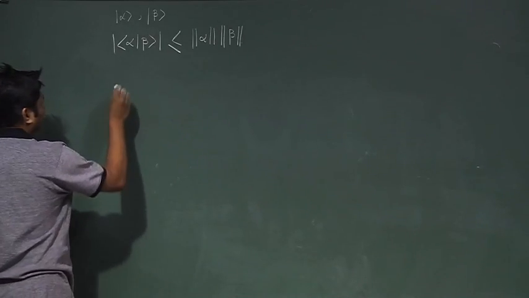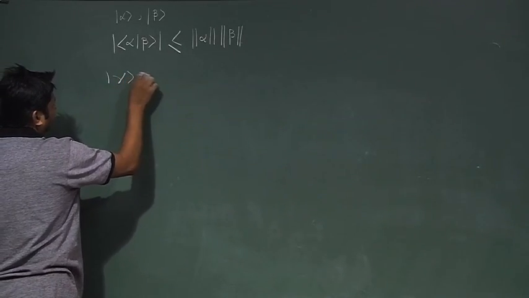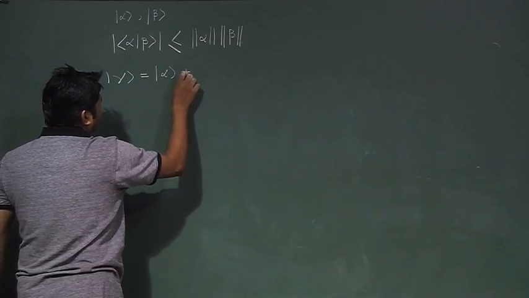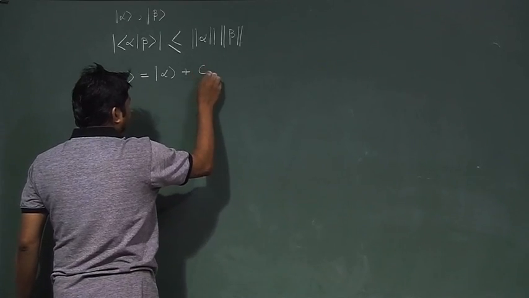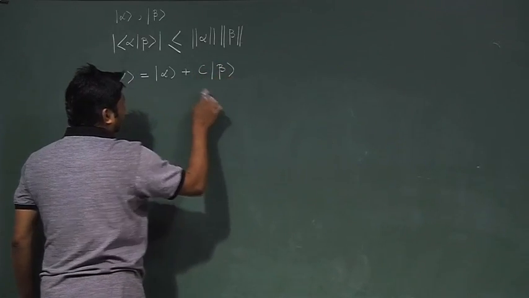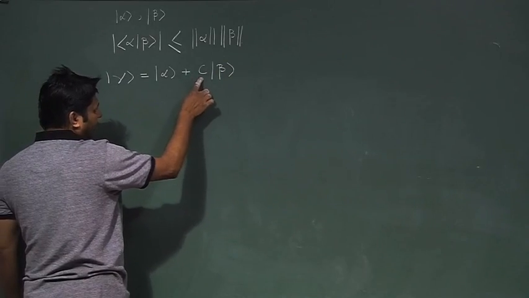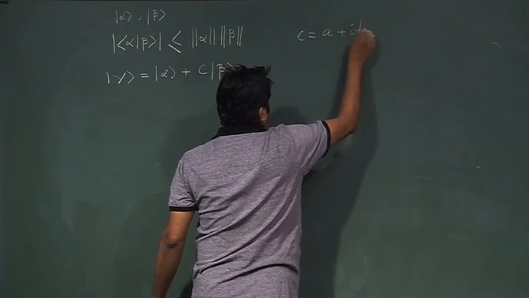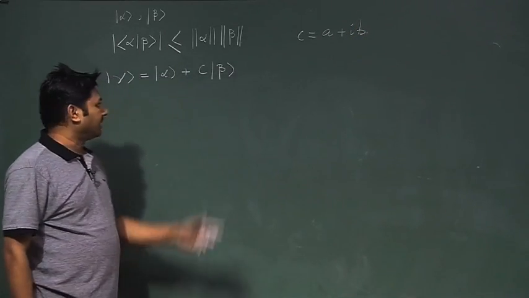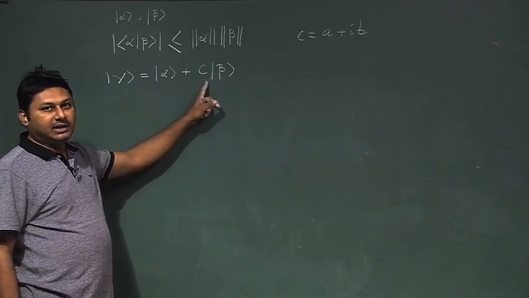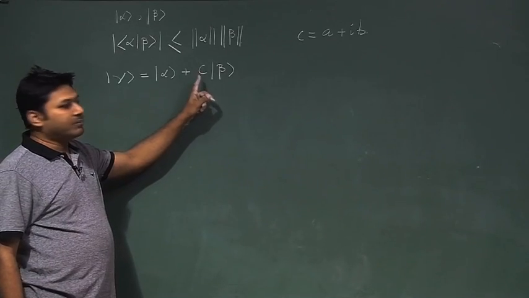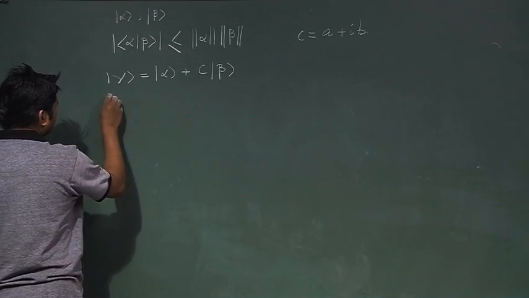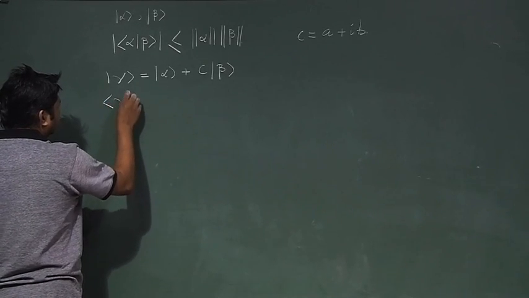So, let me construct a vector gamma which is a linear combination of these two: alpha plus some constant c beta. This constant c is a scalar quantity and I put c as a plus ib, a complex term. I can put that because this is a scalar, so scalar can be real and complex. For the time being I am putting it as complex. So, now if I calculate these things,